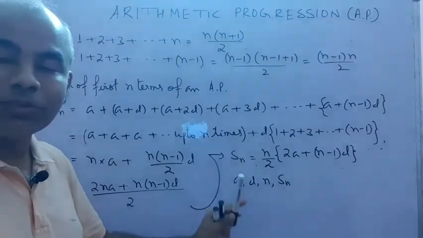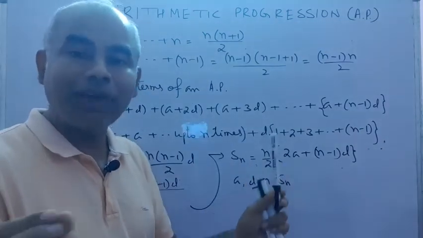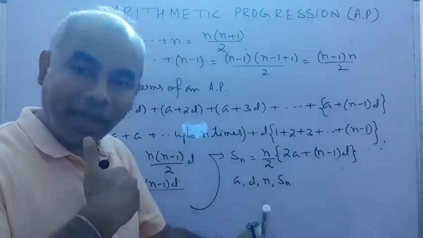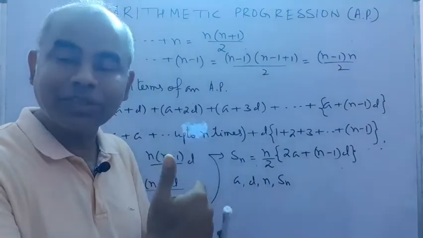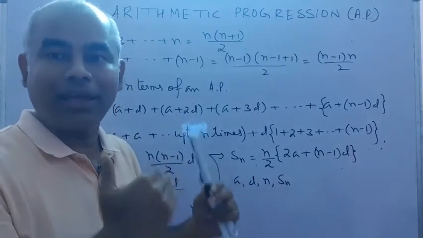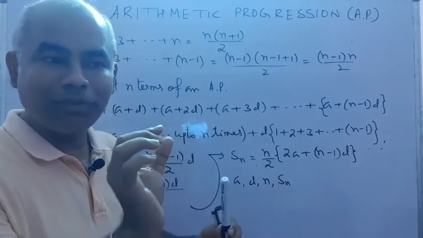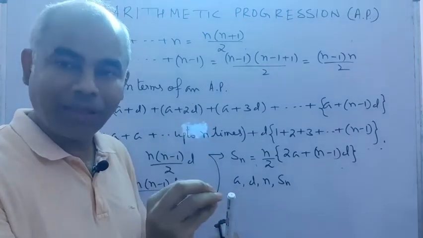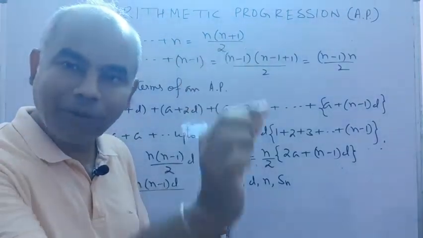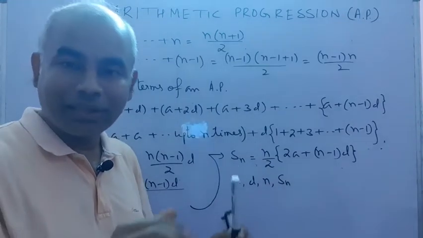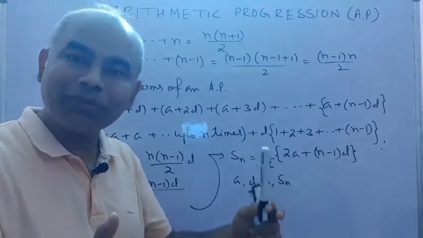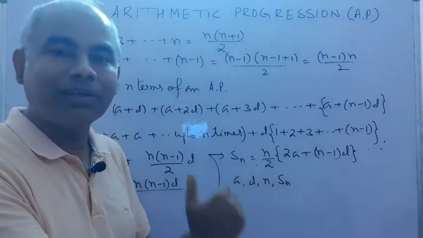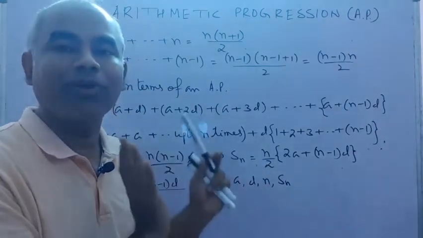This formula is used to find the sum of n terms of an AP. That means it is used whenever you are asked to add or find the total of some numbers forming an AP. Suppose you are depositing money in different amounts, and those amounts are in an AP. If you want to find the total amount of money deposited, you have to find the sum of n terms. That means the Sn formula is used.